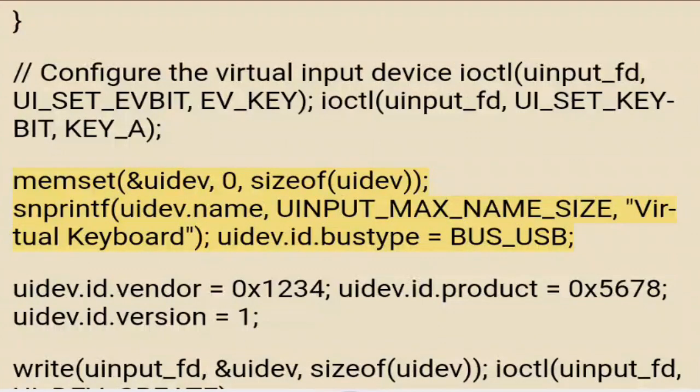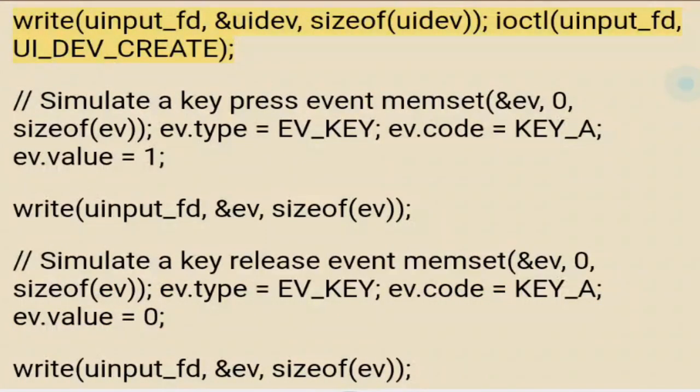memset(&uadev, 0, sizeof(uadev)); snprintf(uadev.name, UINPUT_MAX_NAME_SIZE, "virtual-keyboard"); uadev.id.bustype = BUS_USB; uadev.id.vendor = 0x1234; uadev.id.product = 0x5678; uadev.id.version = 1; write(uinput_fd, &uadev, sizeof(uadev)); ioctl(uinput_fd, UI_DEV_CREATE);